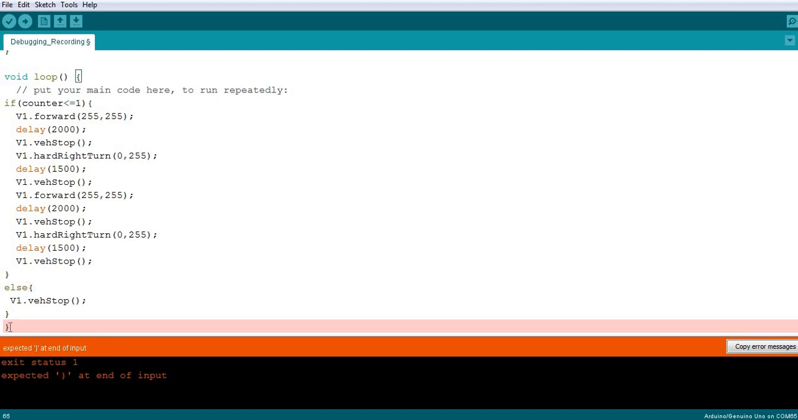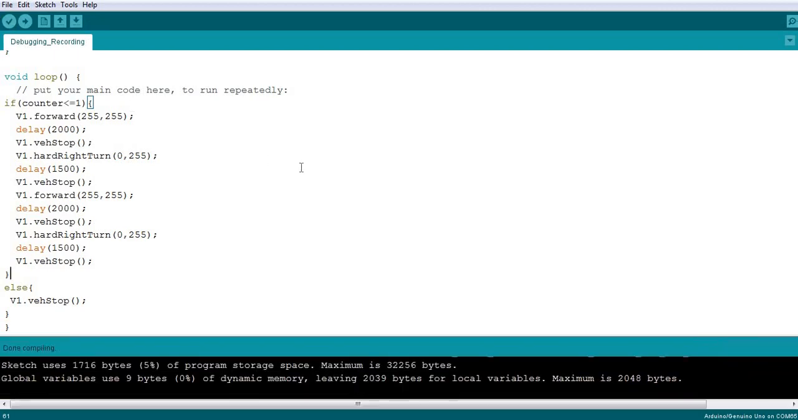If I click next to the curly bracket, the other curly bracket, which is its pair, gets a rectangle around it, and it gave expected curly bracket at the end of input. So here they said we need one more curly bracket. Let's verify again. Okay, compiling done. So we have removed all the syntax errors, and now it is time to see for logical